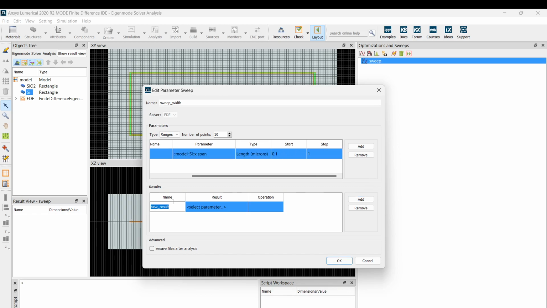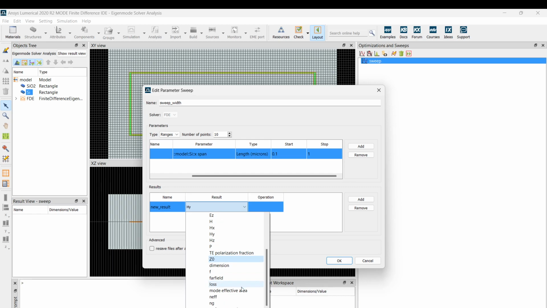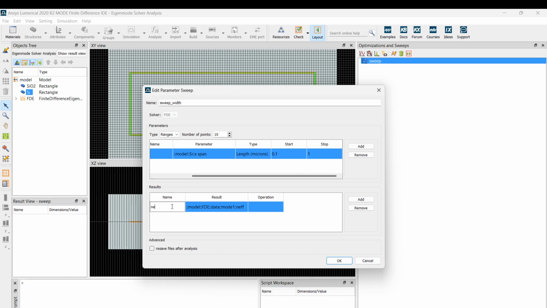Let me add the different results. And I selected the effective index of mode 1.